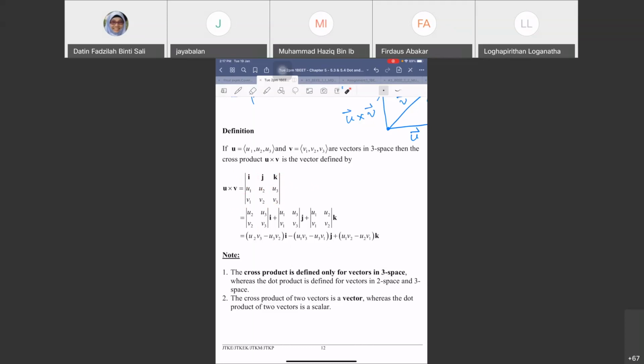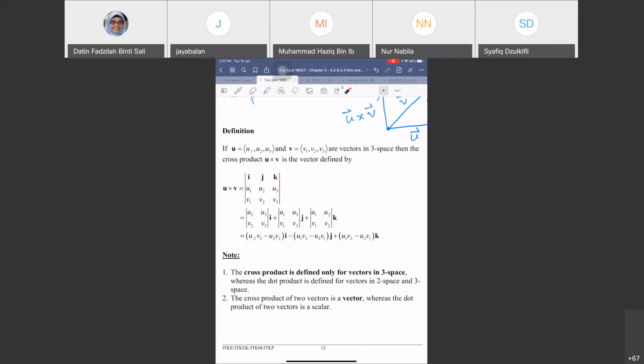Remember in chapter 1, matrix, what does that notation mean? Cofactor. Determinant. Yes, determinant, using cofactor. Okay, but it's actually a determinant. Correct. So basically, finding the cross product is actually finding a determinant. Okay, and then one more thing that I forgot to mention, that the cross product